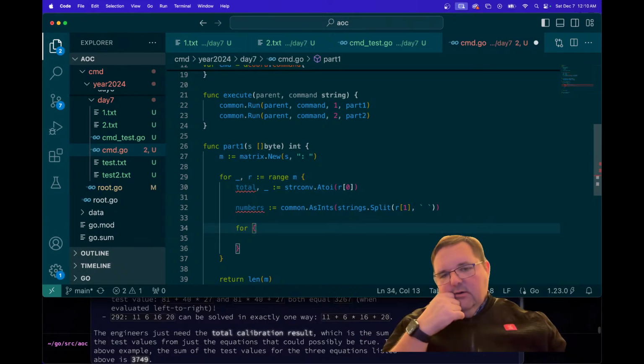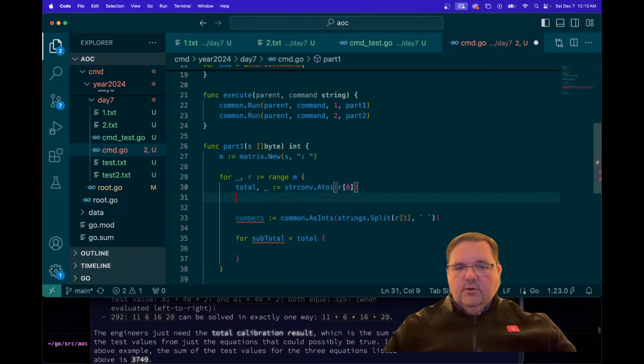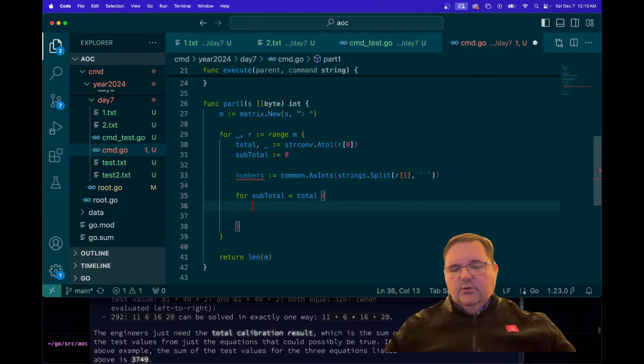So the operator is always going to be addition, right? We can say for subtotal is less than total, and we'll call subtotal 0. And so while subtotal is less than total,